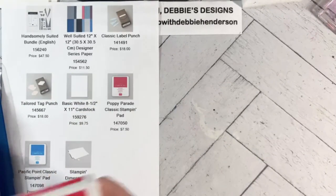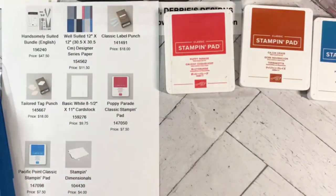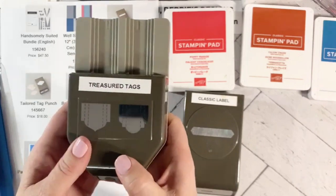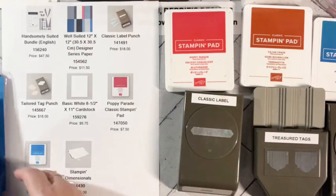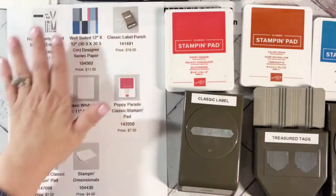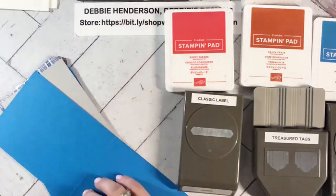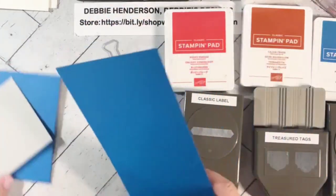Now, let's see, I'm using Poppy Parade, Cajun Craze, Pacific Point. I've got the Classic Label Punch, the Treasured Tags Punch, which is a new punch, and the Tailored Tag Punch. Let me see, let me dig out my first set. So again, you're going to see me use these products that I have listed on my cheat sheet for you. I've gone ahead and done the die cutting ahead of time just so you wouldn't have to watch me use the machine again. So card number 1,